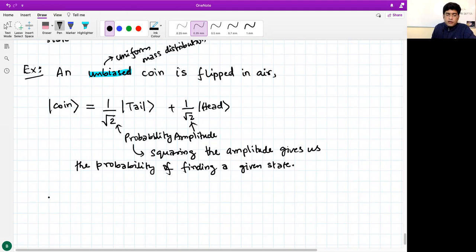But when it lands on our palm or on the floor, let's say when the coin is on the